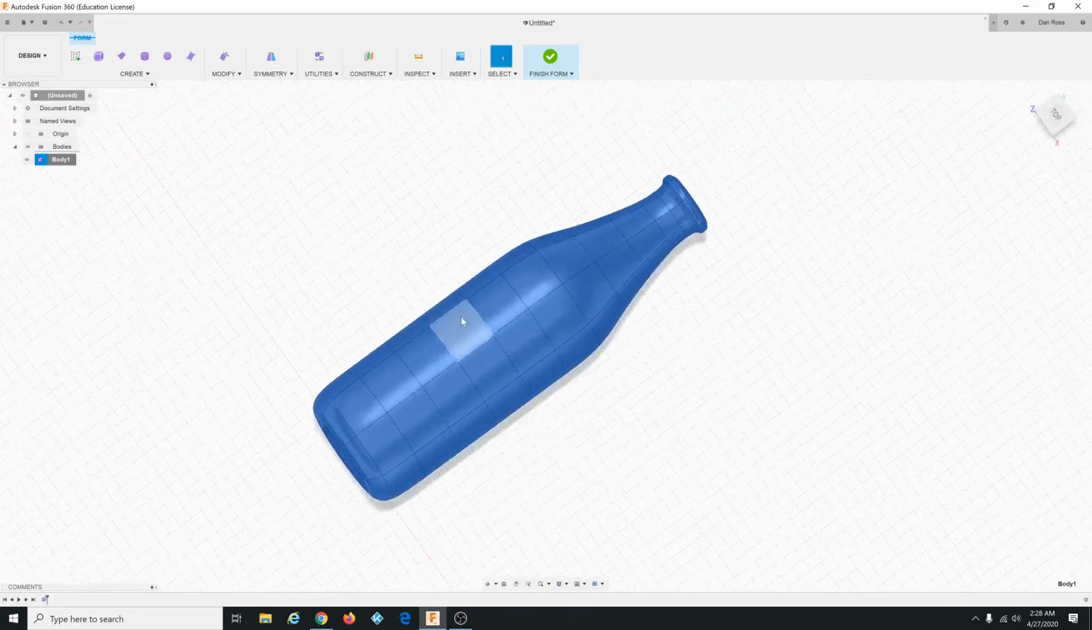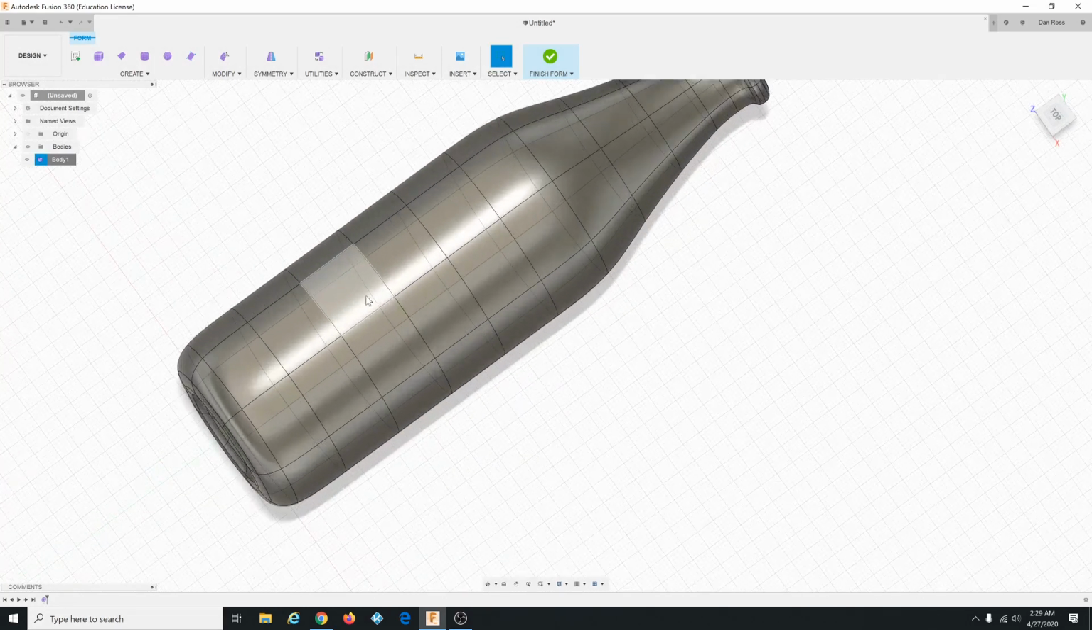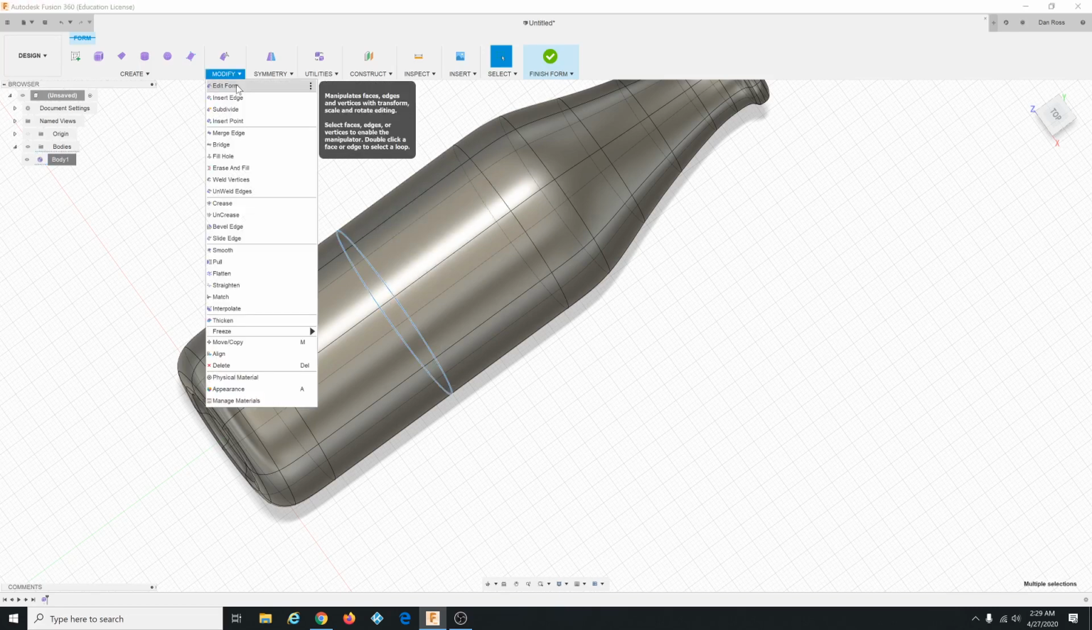Sorry about the zooming. In my tutorial, the pictures are missing, so I'm not exactly sure what they're asking me to do, but what the words say to do is select one of these edges. Double click this edge, press delete. Double click, I think, this edge and press delete. Then double click this edge, go to modify, edit form,